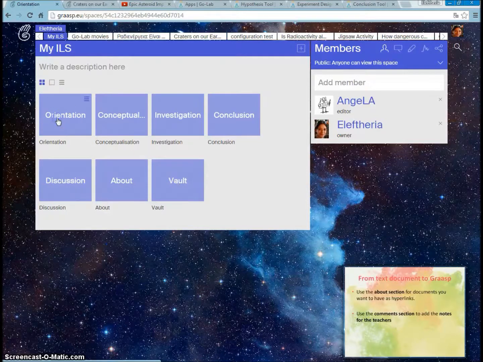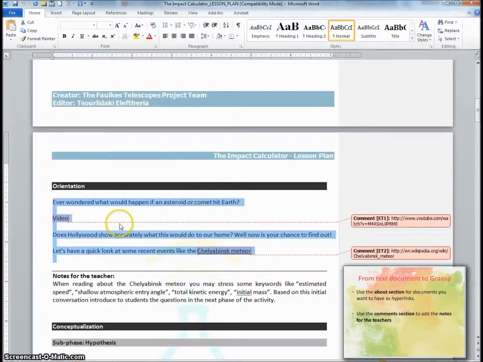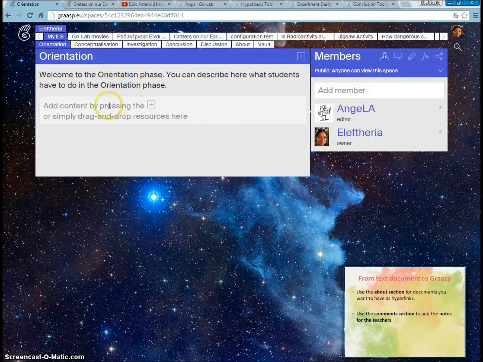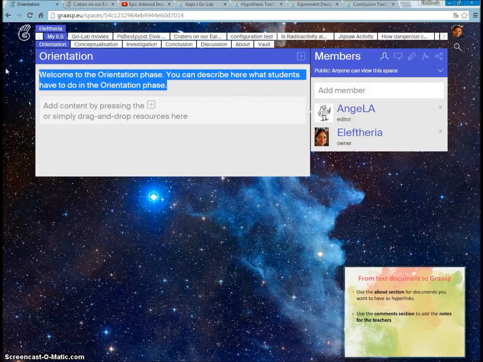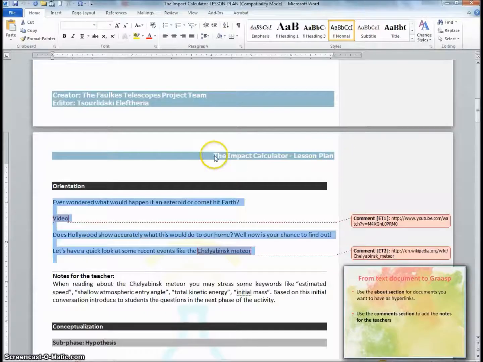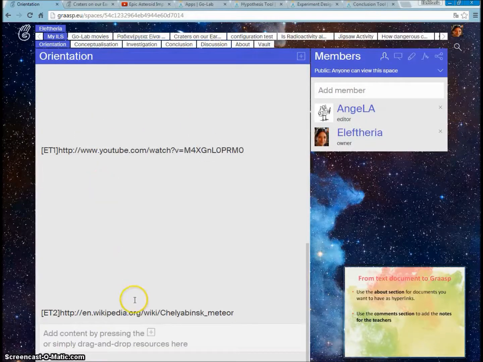So what I basically do is I go phase by phase and I fill in what I have from the blueprint into the authoring environment. So for the orientation, I copy paste the text here. So as you can see, if you're using a Word document, you might not exactly get what you